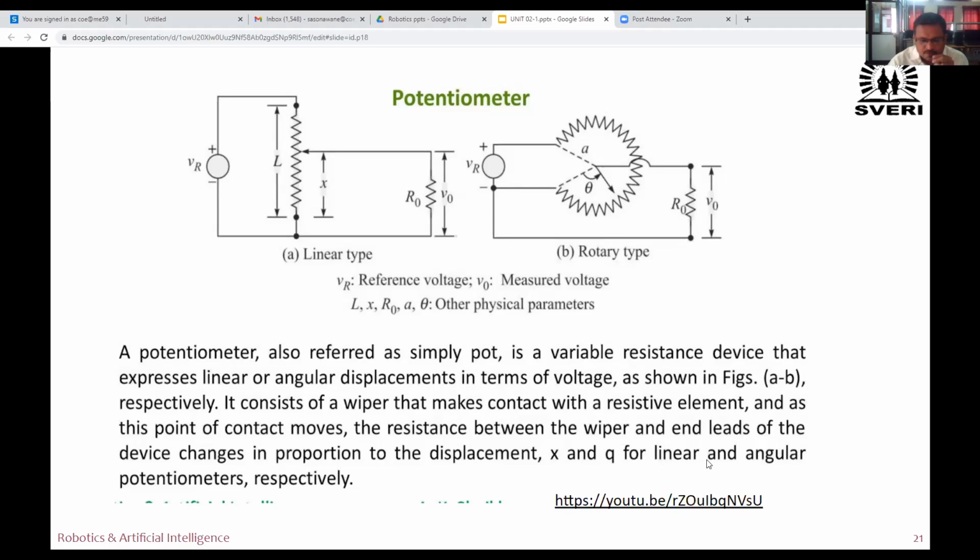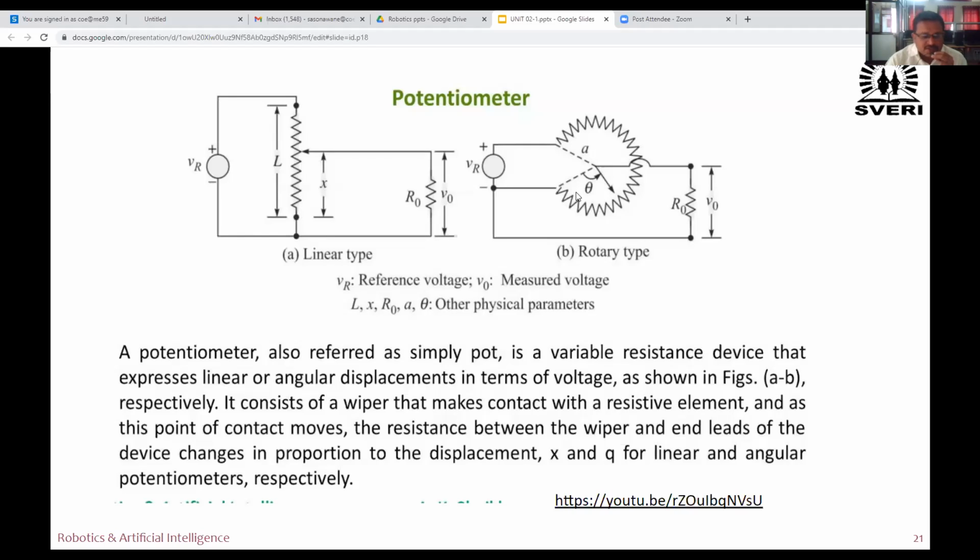X and Theta for linear and angular potentiometers respectively. Therefore, what they said, when this wiper is going to move along this resistance either vertically upward or downward or in rotational manner in case of rotary type. Therefore, at that time,